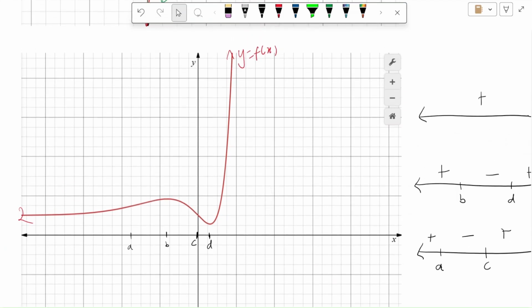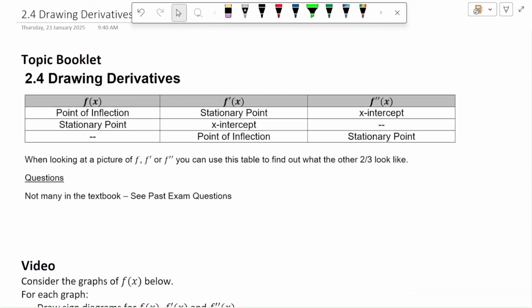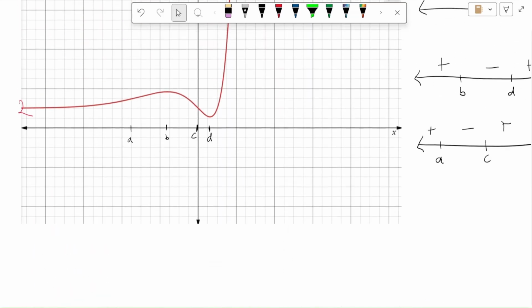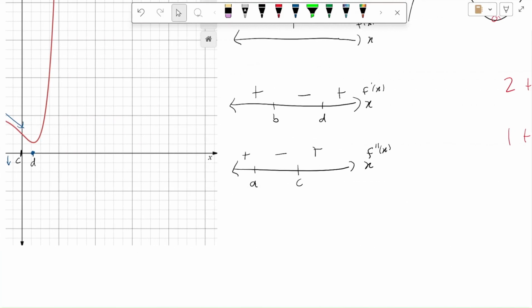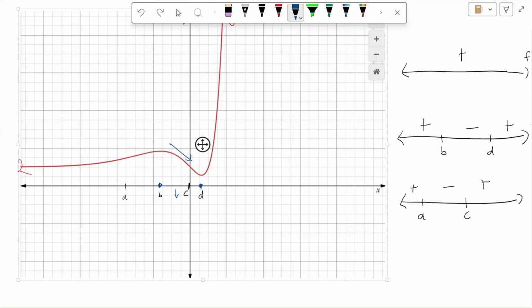So for the original function, let's make sure we get our x-intercepts first. If I want f dash to have an x-intercept, the original function would have had a stationary point there. So let's put that in. So the two stationary points here, B and D, will become x-intercepts. I'm sloping down, which means the f dash will be underneath the graph. You can also tell this from the sign diagram, how it goes minus in there. But at any rate, we're going to be dropping down